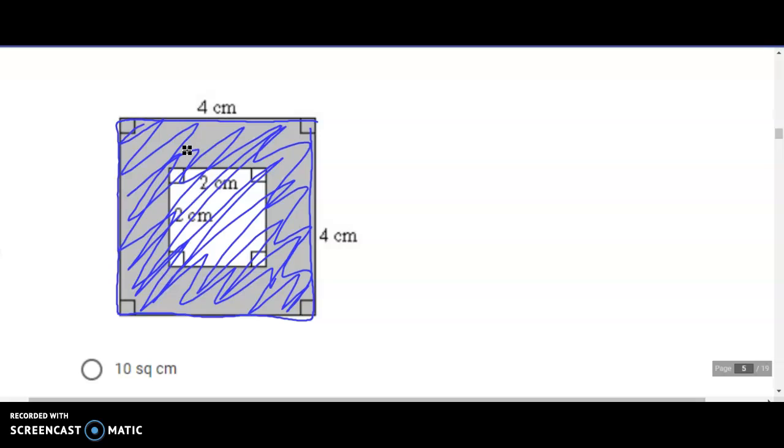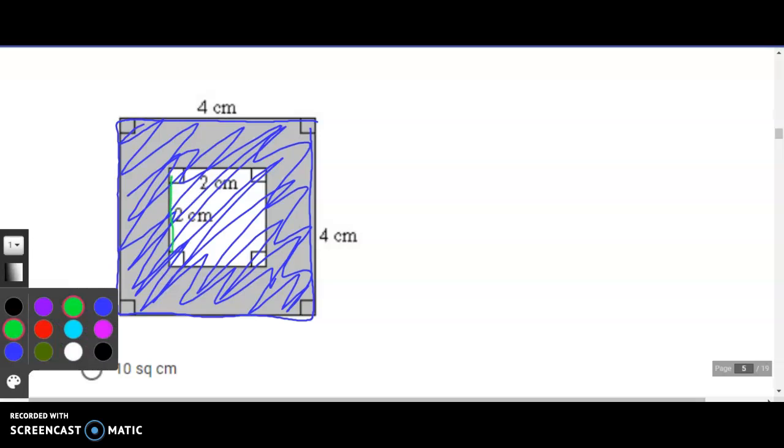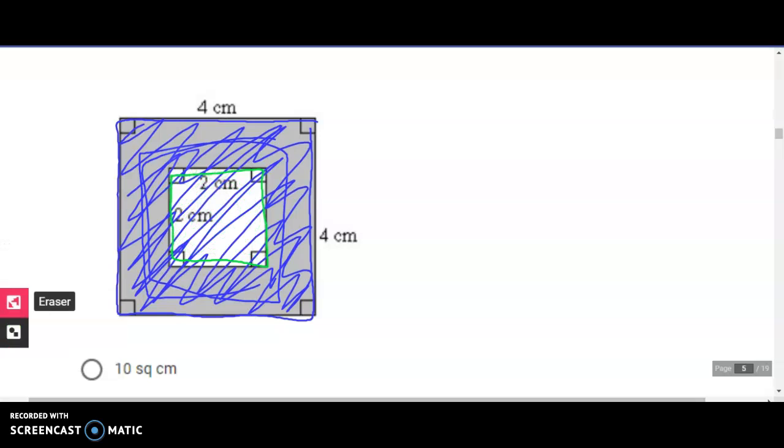And then if I subtract the area of this inside square, see how all I'm left with is now this shaded part. So that's exactly what I'm going to do here. Okay, so I'm going to